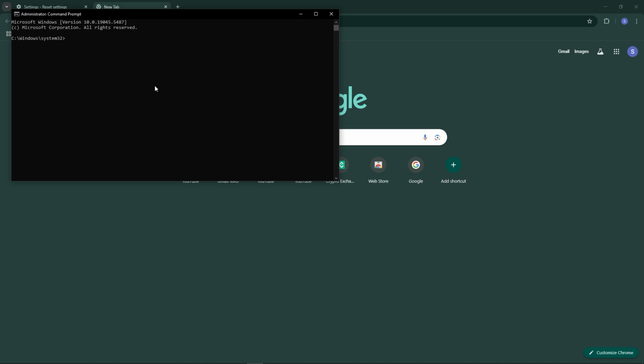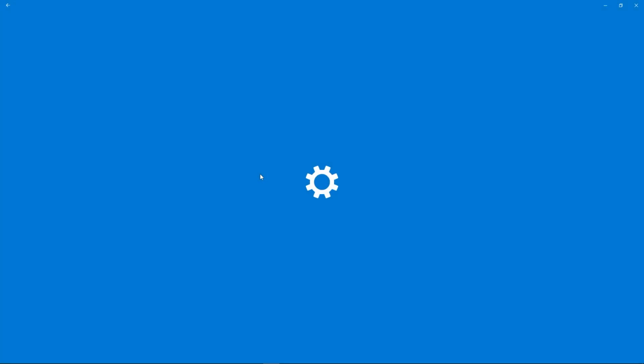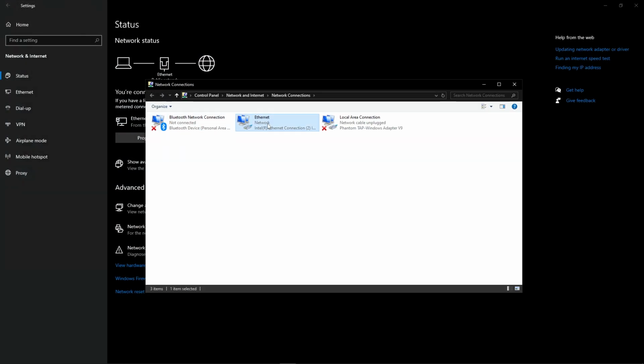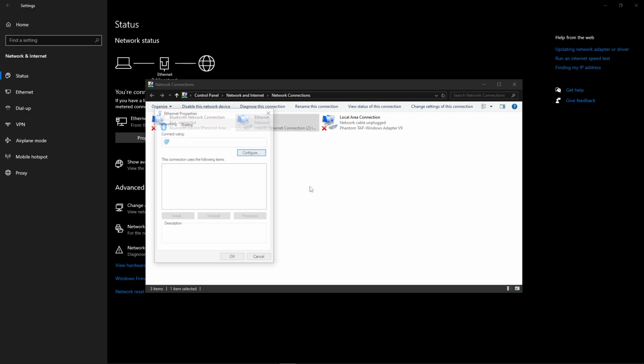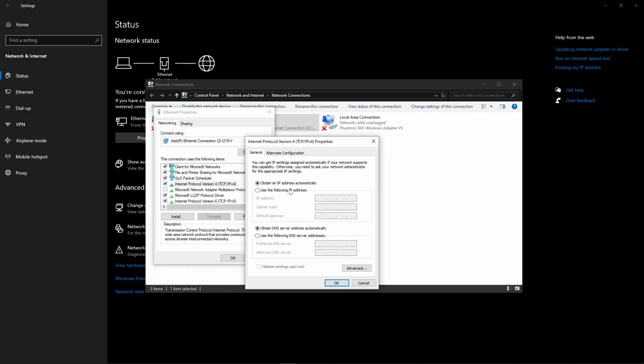If the issue still goes on, click on Network icon in the taskbar. Select Open Network and Internet Settings. Click Change Adapter Options. Right-click on your active network and select Properties. Find Internet Protocol version 4 and double-click on it. Select Use the following DNS server addresses and enter